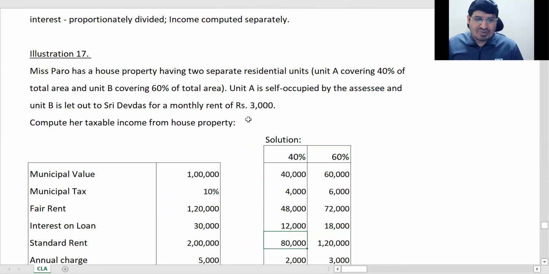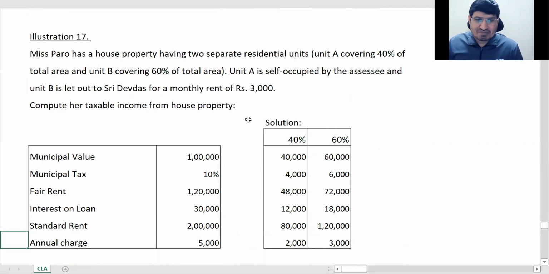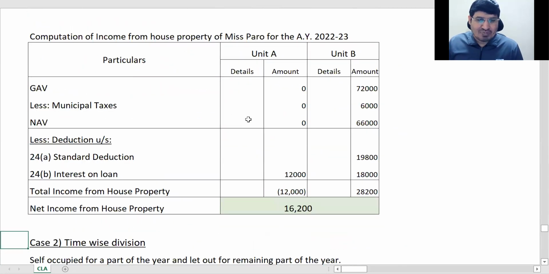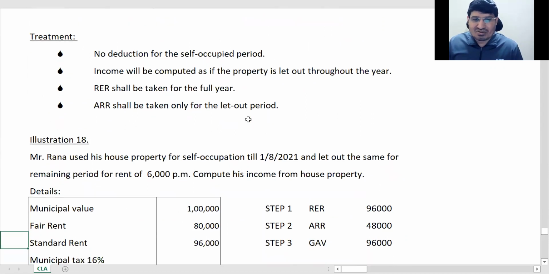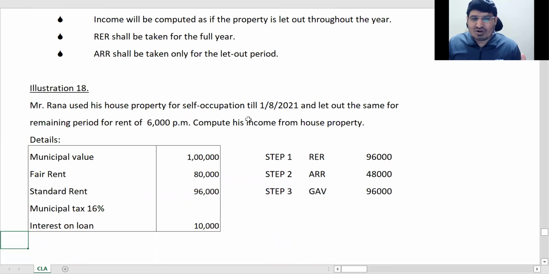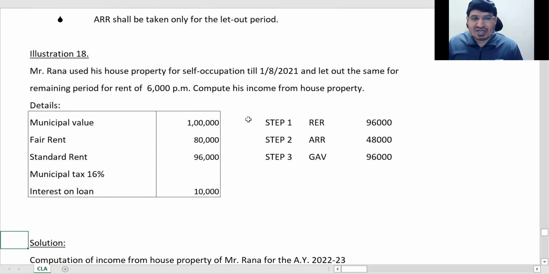ठीक है, ओके। तो आप कुछ भी अपोर्शन नहीं करोगे इसमें, ठीक है। इन फॉर टाइम वाइज अपोर्शन विल बी ओनली फॉर एरिया वाइज डिवीजन, ठीक है। टाइम वाइज डिवीजन में हम एक ही घर मान रहे हैं उसको, और उसको पूरा लेट आउट मान रहे हैं। तो जब घर एक ही मान रहे हैं और पूरा लेट आउट मान रहे हैं तो अपोर्शन नहीं करेंगे हम, ठीक है।